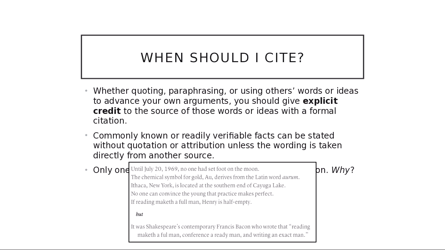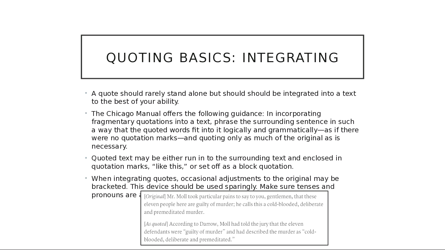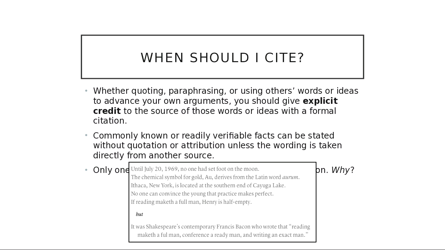Commonly known or readily reliable facts that can be stated without quotation or attribution do not require a citation. But the question I think you need to always ask yourself is, where is what I'm writing coming from? If you're reading something and drawing closely upon it, you want to cite it. And you also want to really make sure that you're not inadvertently plagiarizing by duplicating the phrasing of the source